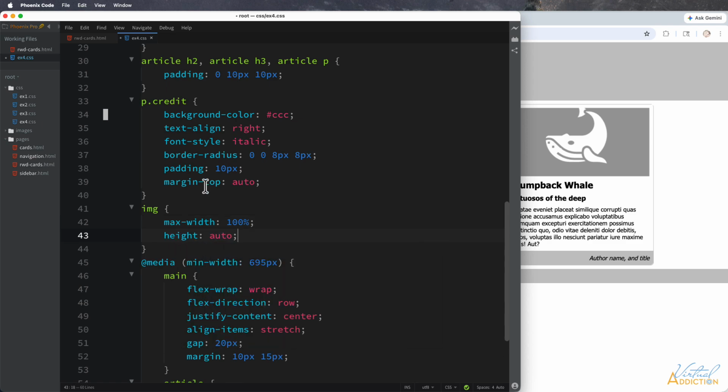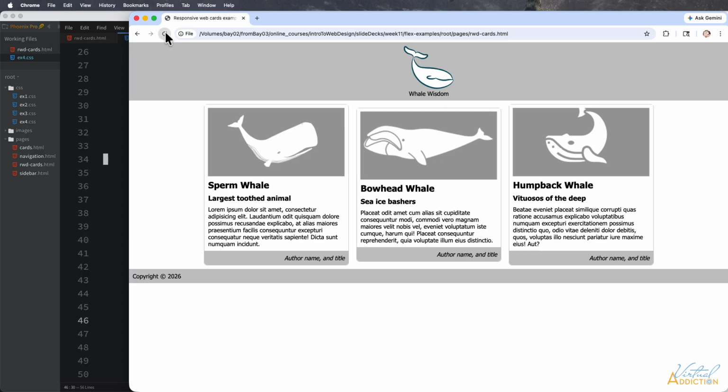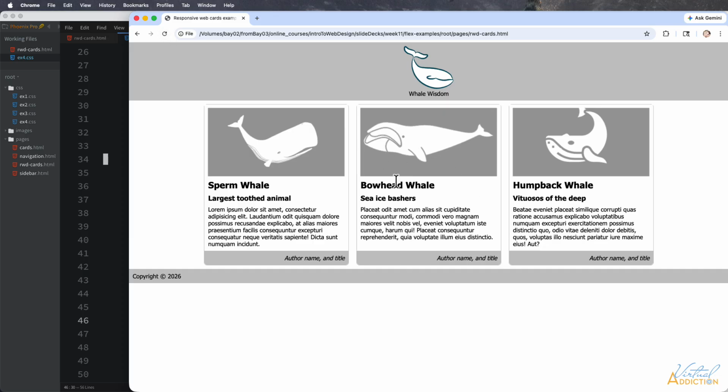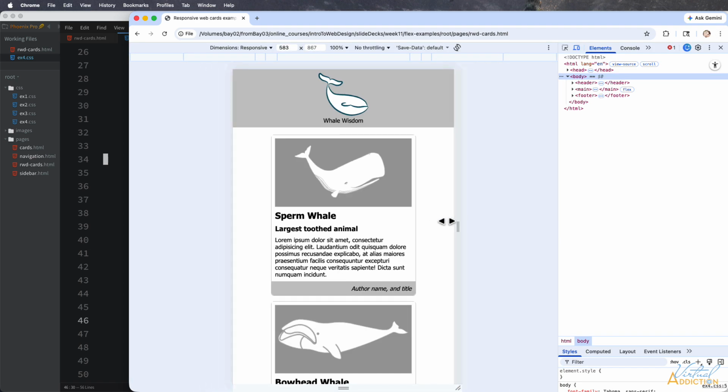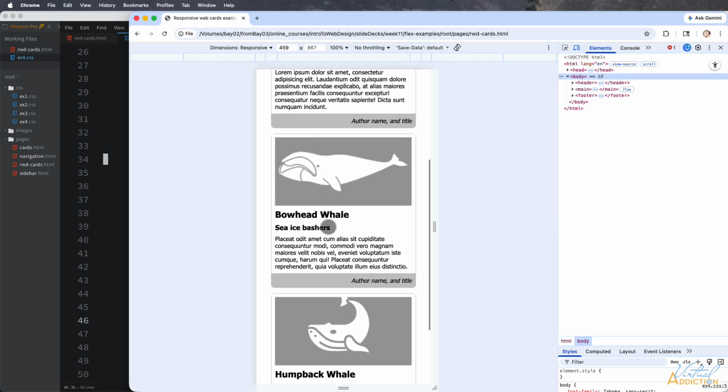This will ensure that the images can scale down. They will never get bigger than their original size, but they will be able to scale down if necessary. And that will ensure that they are fully responsive. Let's save our page and check this out in the browser. If we go ahead and refresh now, you can see how that's going to stretch and they're all the same height. At this point, if we reopen our developer tools and I make the site smaller, this is small screen,